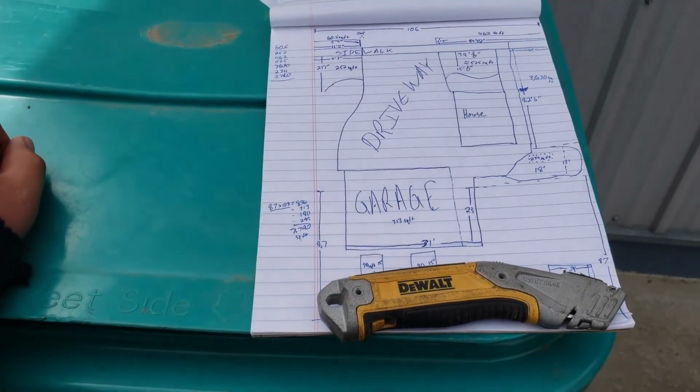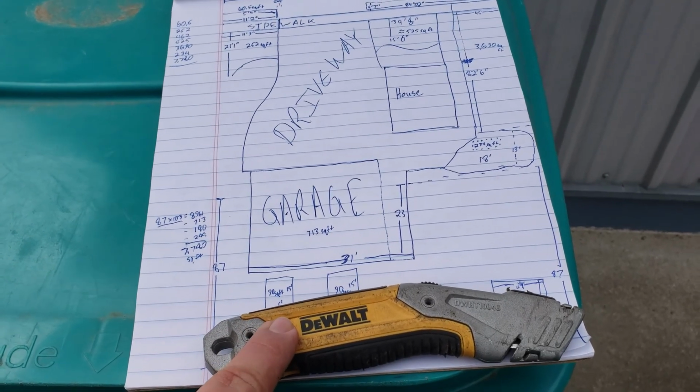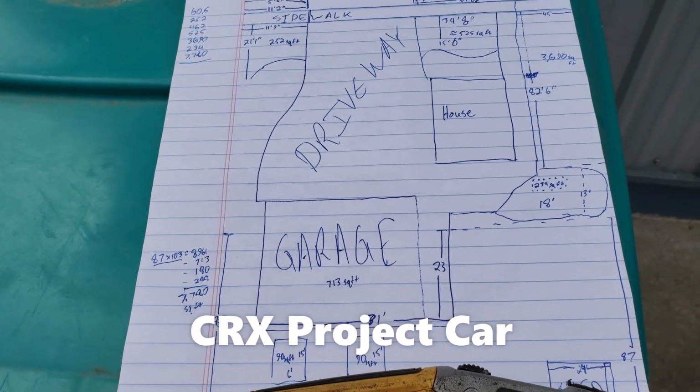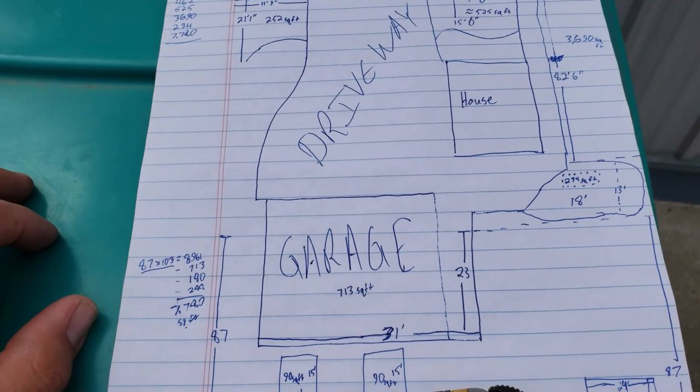Thank you, paperweights. That was probably an expensive paperweight, but I found that in the car. Well, the car that I bought, not, you know, that I was working on. So, anywho,